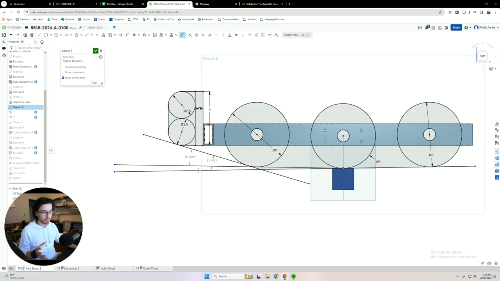Now, I normally would stop here because this is where the question stopped. But I do think that it can be important to go one step further. What is the linear clearance of the drivetrain? So we're going to hit L on our keyboard. And now we're going to find the